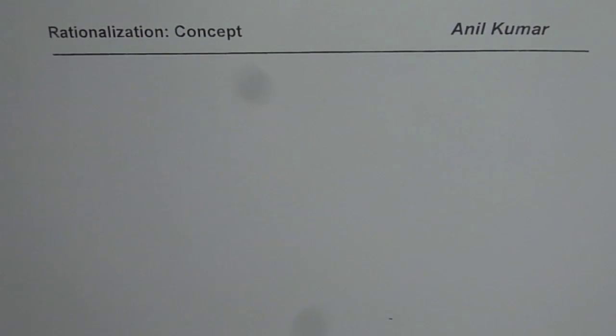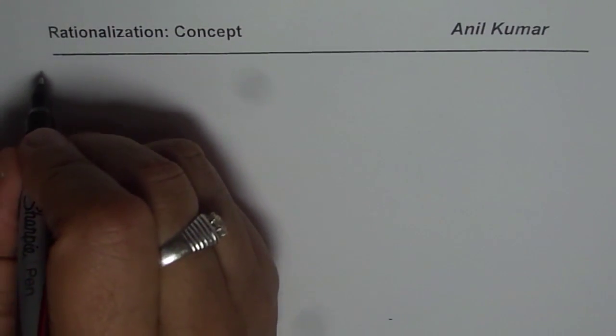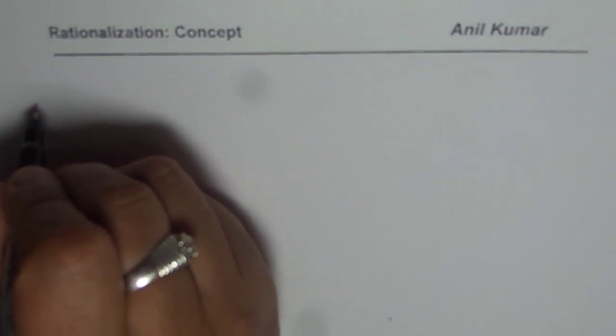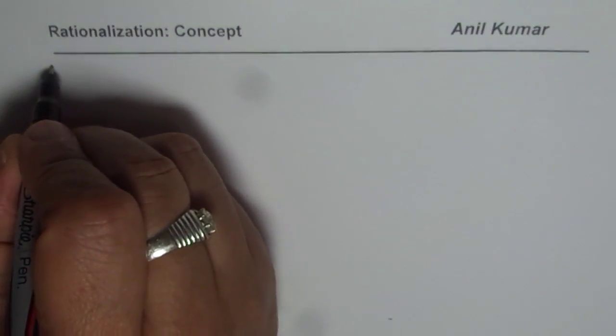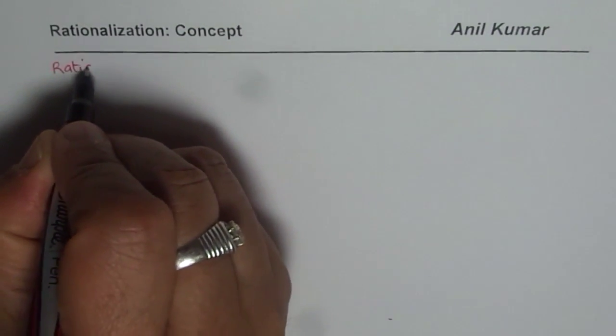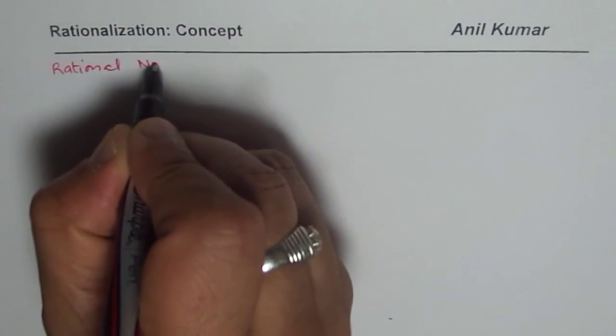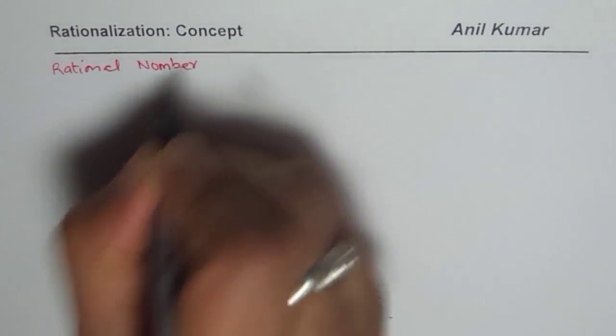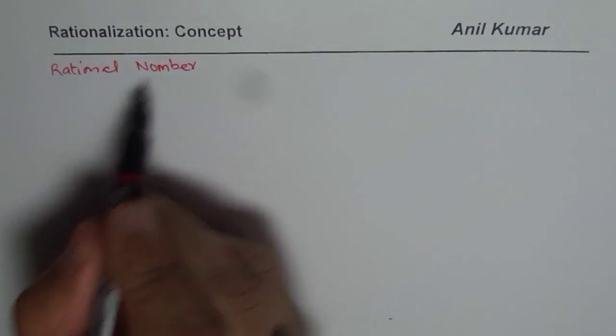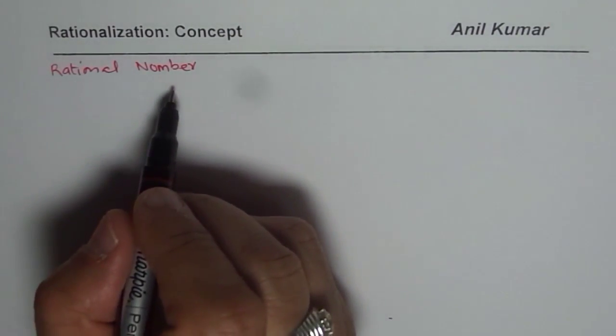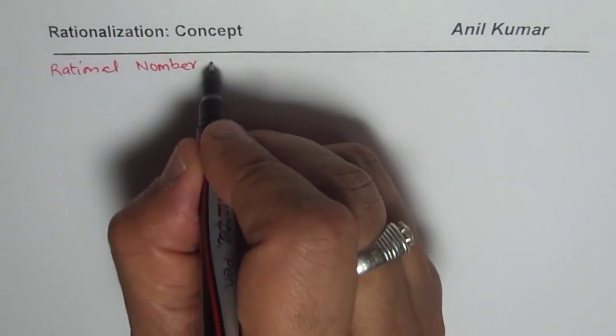I'm Anil Kumar and we'll discuss the concept of rationalization in this video. First thing is for us to understand what rationalization is. Let's begin with rational numbers. So what are rational numbers? That will help us to understand the concept. Rational numbers are numbers which could be written as